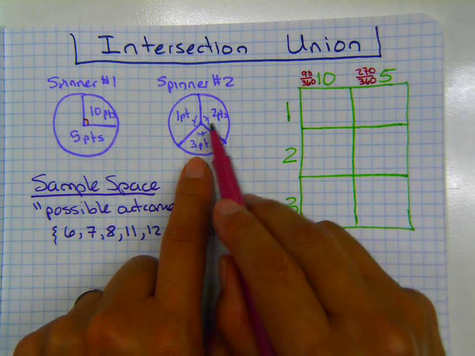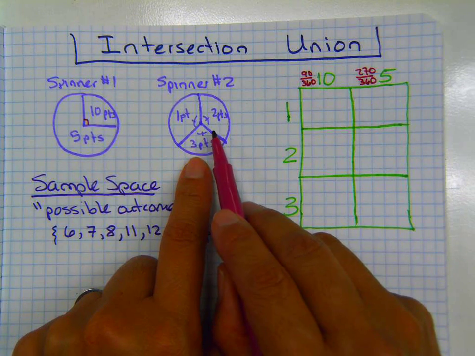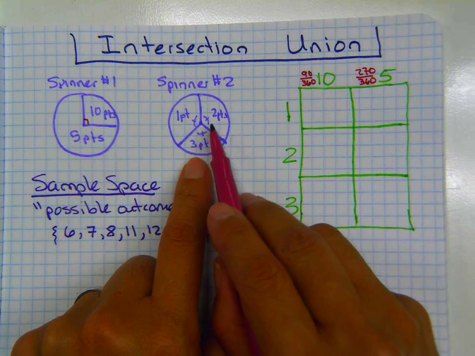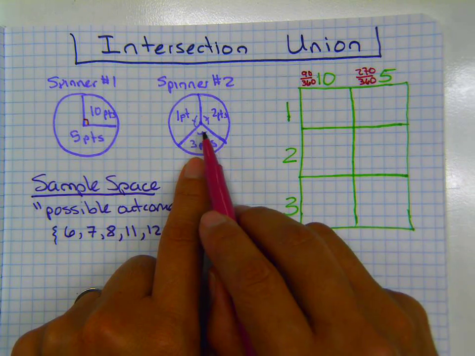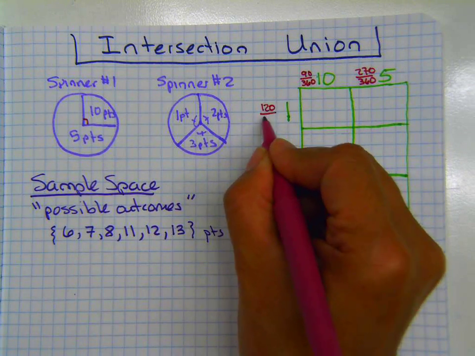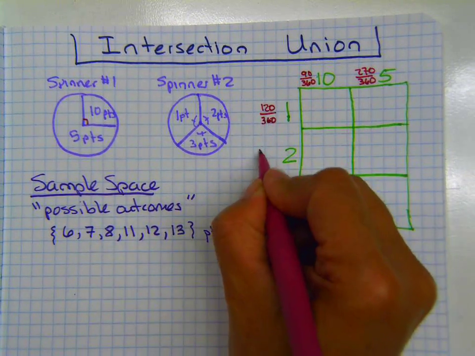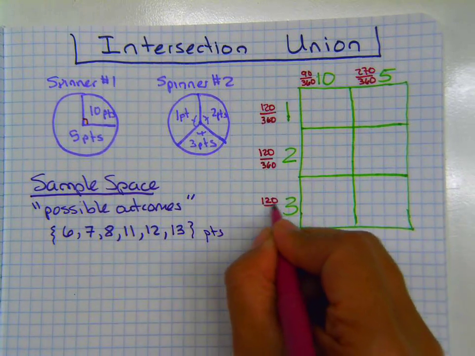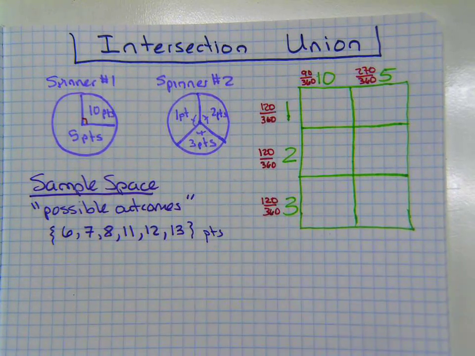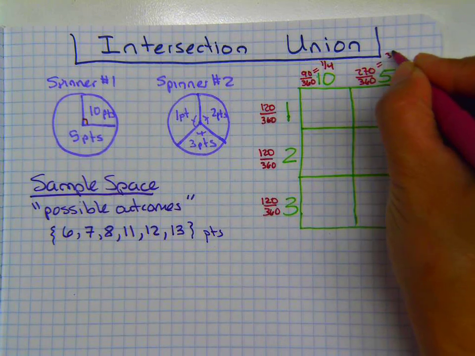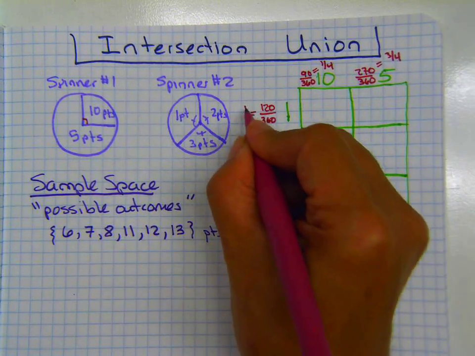If I go here, we know the total degrees in a circle is 360 degrees, but I divide it into 3 sections. So 360 divided by 3 is going to be 120. So each of these are going to be 120 out of 360. Now some of you might be thinking, hey, I could reduce it. Absolutely, go ahead and reduce it. It'll make your numbers so much nicer. All right, so for example, this reduces to 1/4. This reduces to 3/4. This is just 1/3,